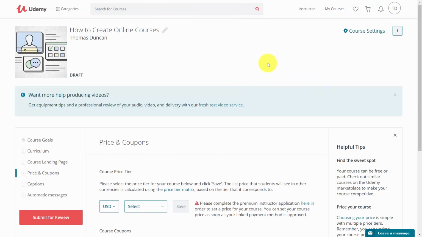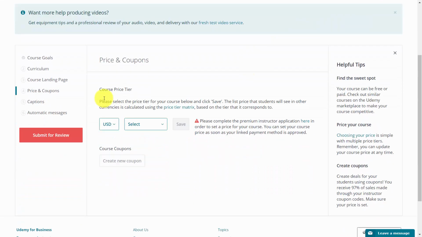Now, Udemy gives the instructor latitude in how they promote their own course. And you can use a coupon for every course that you create in order not only to give potential customers the best price, but it also gives Udemy a code to know that this is one that you'll be paid 97% of the actual revenue. Now, the coupon for your course will be available once you've enabled your premium instructor status and you've submitted your